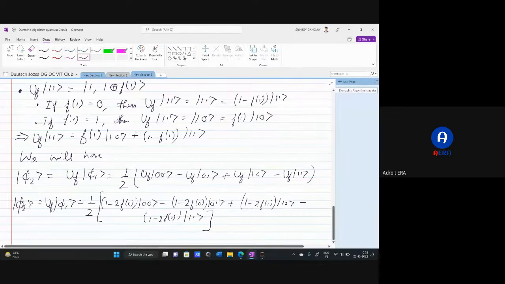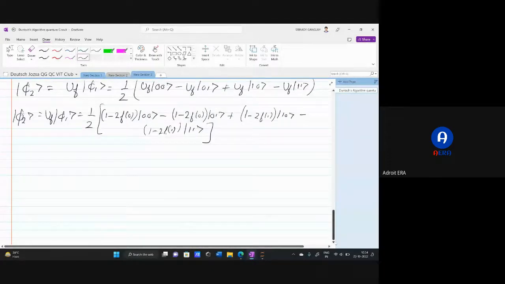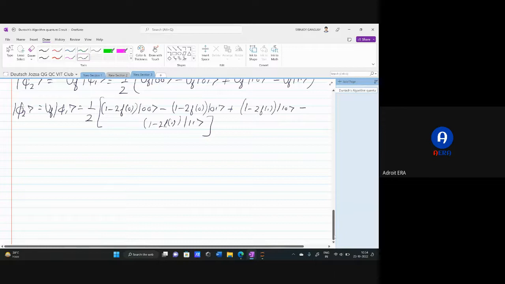And now into this result, we are going to apply the Hadamard and identity operation, right? Identity, because in the second qubit we are not doing anything. So it is H tensor I, as I mentioned to you yesterday. So let us start applying step 3 into step 2, into ket phi 2. So step 3 will be